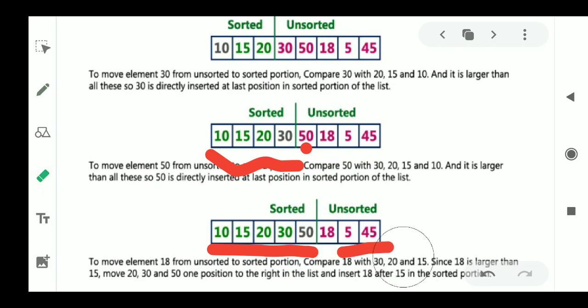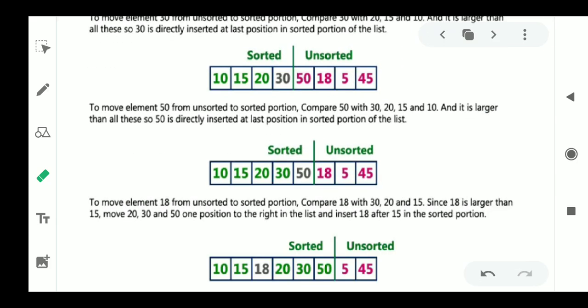So the main logic you need to identify here is, first we will start with taking all the elements in the unsorted list and consider there is no element in the sorted list. Pick up the first element and put that in the sorted list. Why? Because we cannot compare the first element with any other element since it is the first element. Now whenever you bring out the second element, please compare that element with the elements present in the sorted list, so that we can sort all the elements like this.